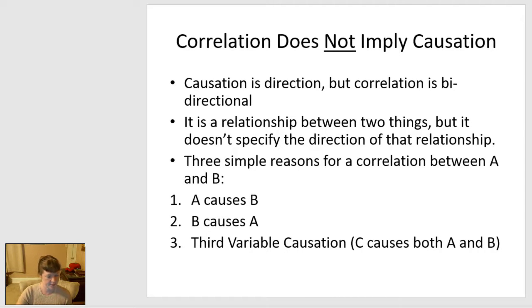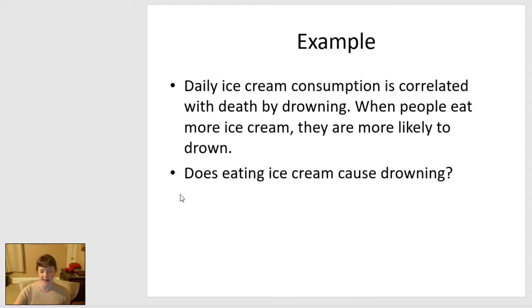Now, here is a real example from the real world. If I was going to take the days of the year, and track the days of the year, all year, and on every single day, I measured two things: ice cream sales and drowning deaths. What I would see is on any day with high ice cream sales, there would also be high drowning deaths. It's a real correlation. It's not made up. Another real correlation. Ice cream sales